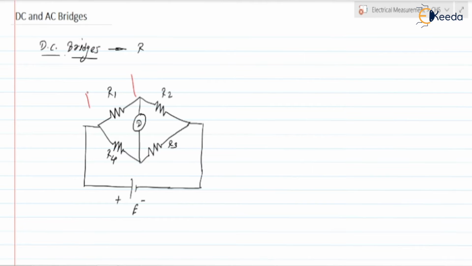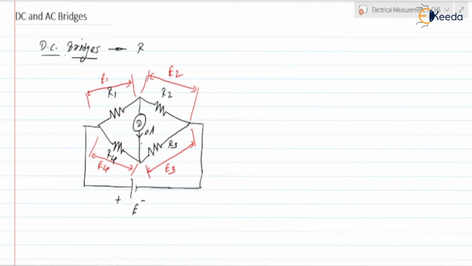Next, the voltage across R1 is E1. Consider this voltage is E1, right? Voltage across R2 is E2. Consider this voltage is E2. Voltage across R3 is E3. So this voltage is E3. And here it is E4. So like this we are having, and the bridge is at balanced condition when the current flowing through